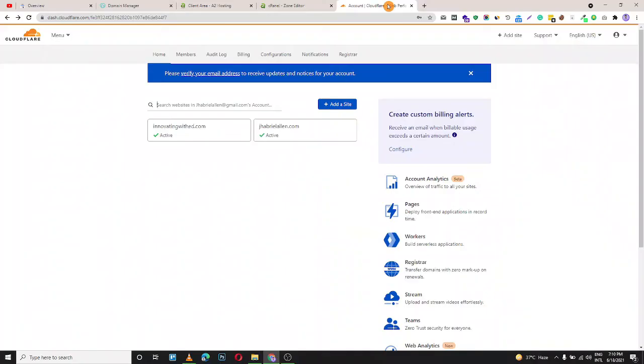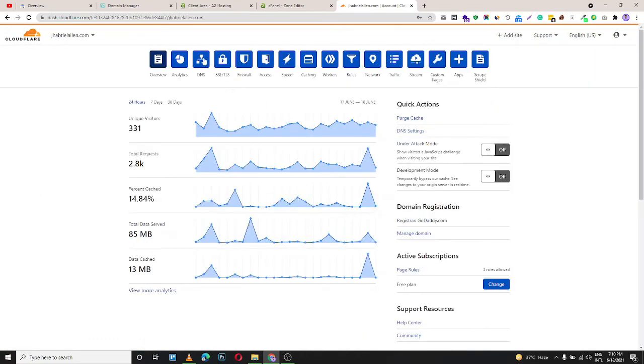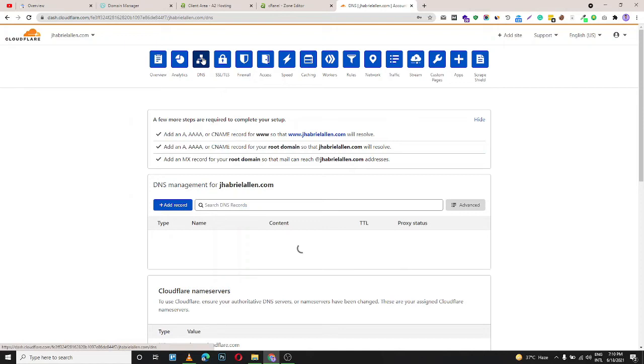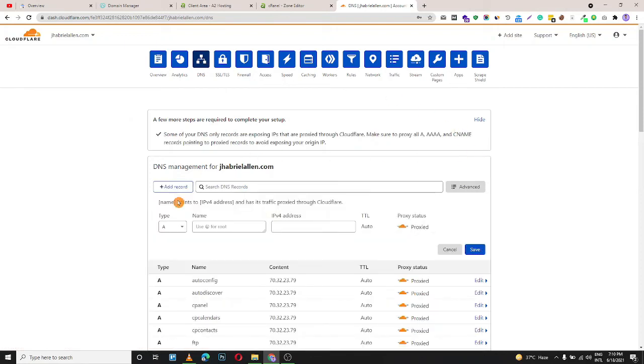The third method we will be using is verify through Cloudflare. So go to the Cloudflare account you have and click on the domain you want to verify. In my case it's jabrilln.com. Now go to the DNS, go to the records and click on add record. Here select TXT,